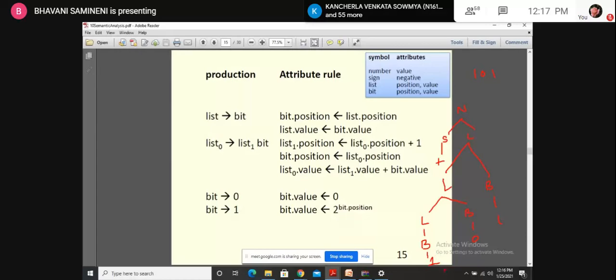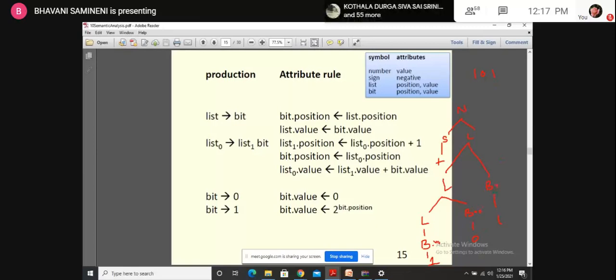Okay. So here, 2 power bit position. When I'm reducing this 1 to B, here bit dot value is equal to 2 power bit position. This B value is equal to 0 now.